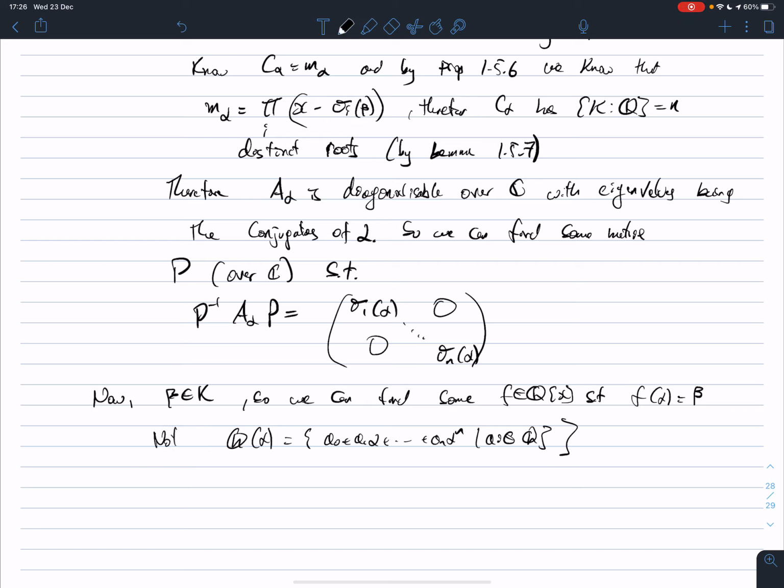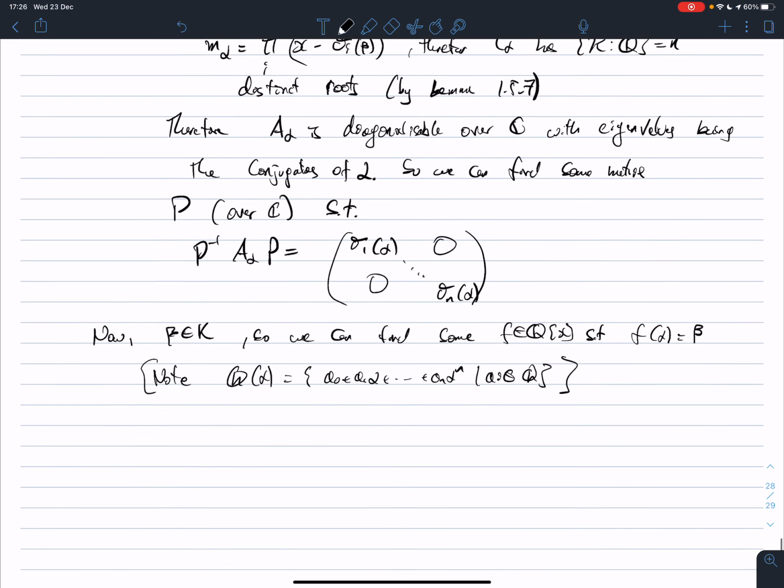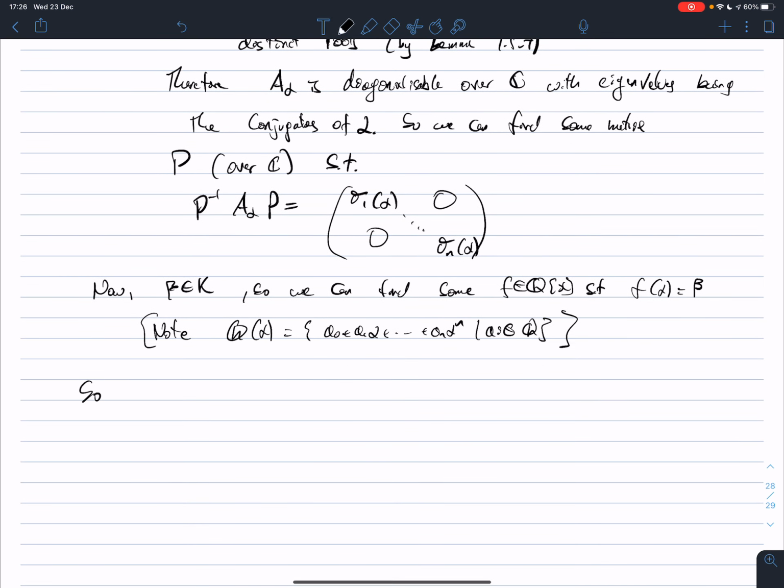Note, we have P to the minus 1 A beta P. This is the same thing as P to the minus 1 A of f of alpha P. Now we start using that beta is the same thing as f of alpha, and the previous proposition from two propositions ago. This is the same thing as P to the minus 1 f of A alpha P, which is the same thing as f of P inverse A alpha P,